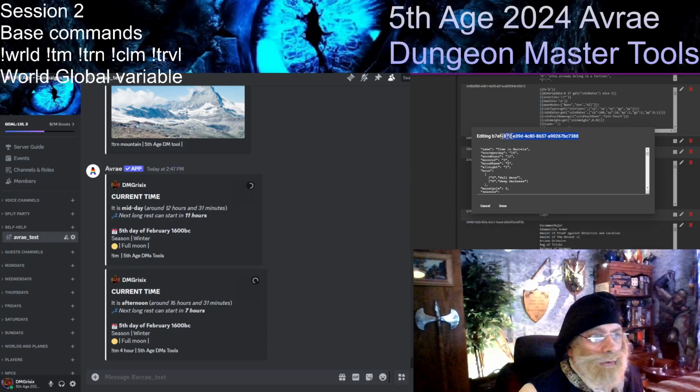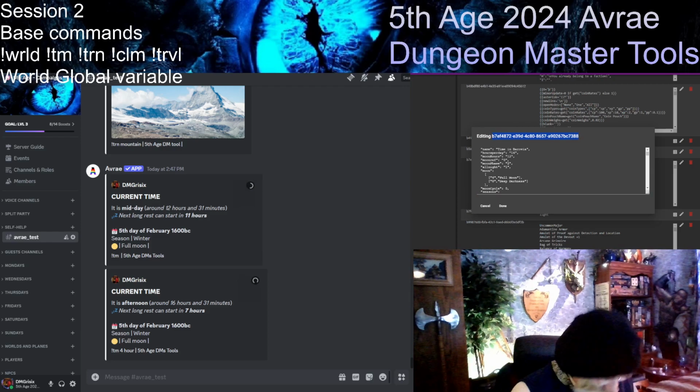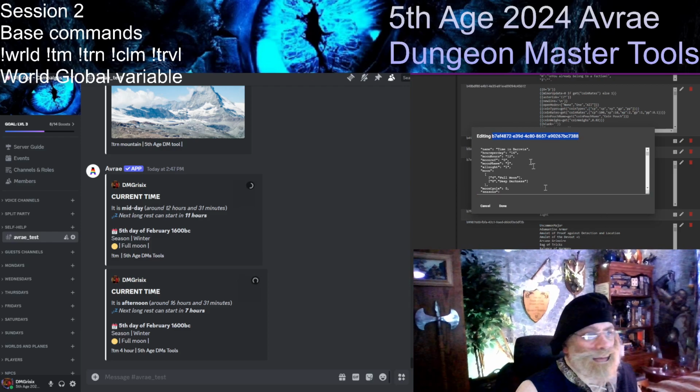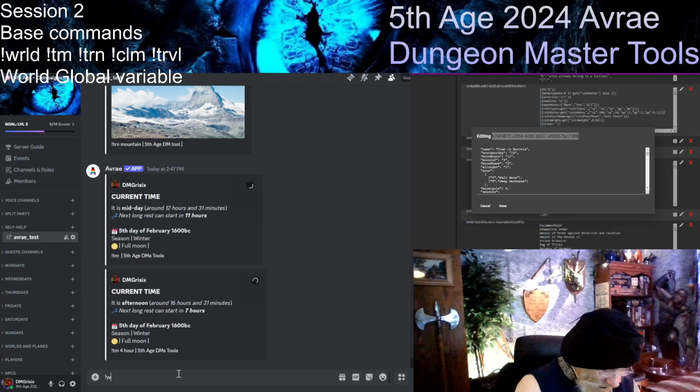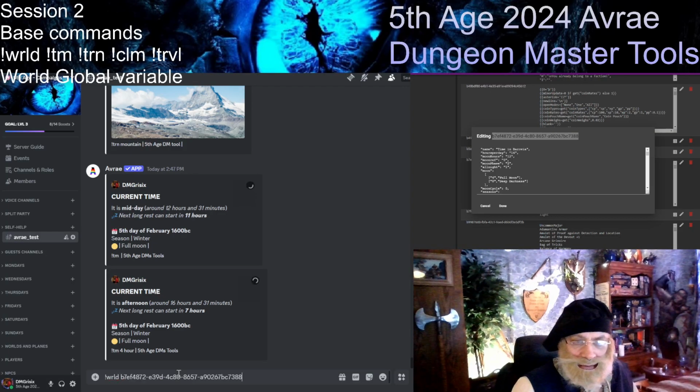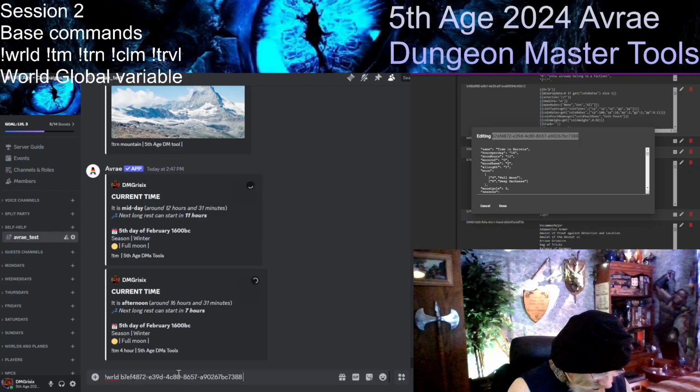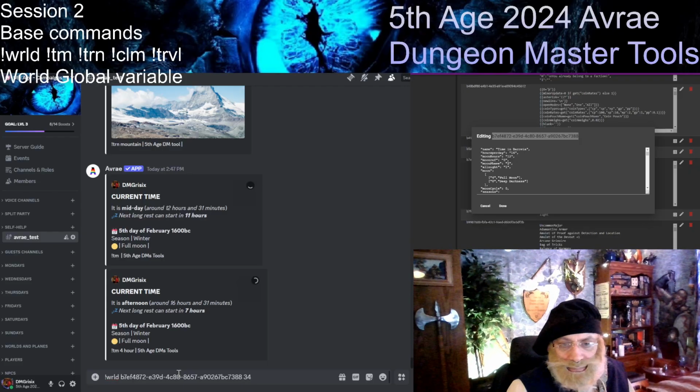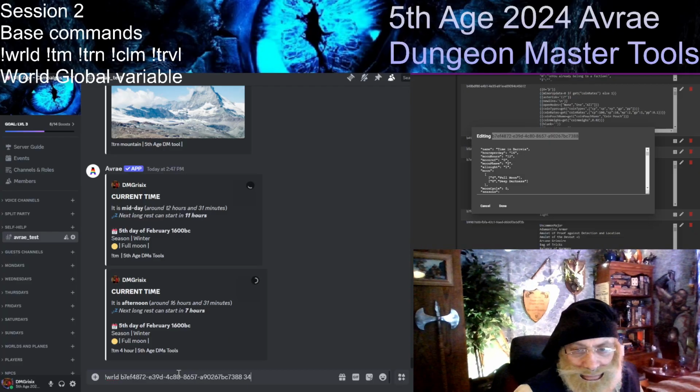First, for each world, you need to set a global variable, and you have the global variable ID, which I'm picking up here, which I set for Barovia. So I'm going to switch things here with the world command. I'm putting the variable, obviously, then the number of days in Barovia that have happened, let's put 12 here.